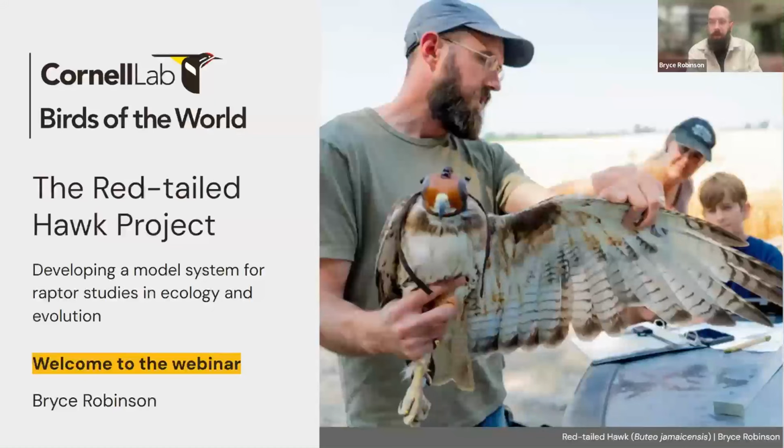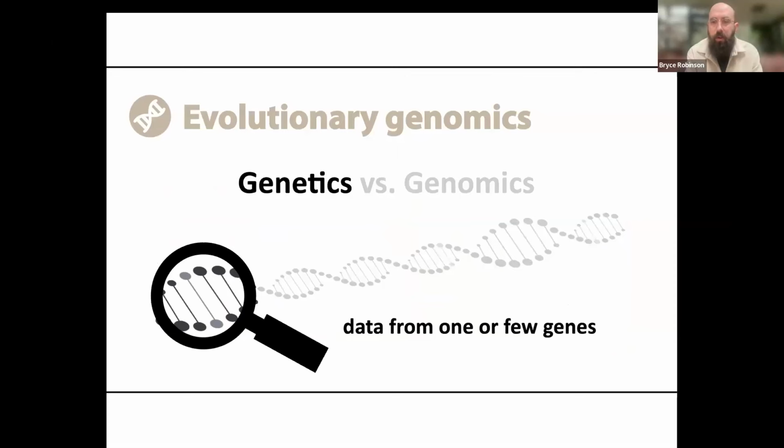So now I'd like to shift into the evolutionary genomics aspect of our research. This is what I'm focused on primarily for my dissertation work at Cornell University and with the Cornell Lab of Ornithology. But before I get into it, I want to make sure that everybody knows what I mean when I say the word genomics. I think most people are familiar with the word genetics. Genetics generally means information from one or few genes on the genome. So that's a snapshot of one or a few locations that is basically the tip of the iceberg when it comes to the genome,